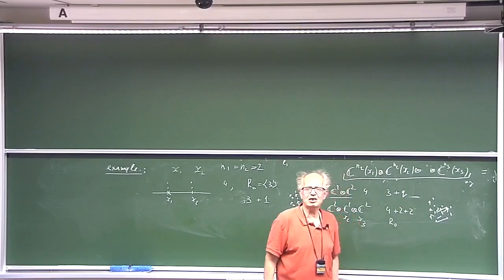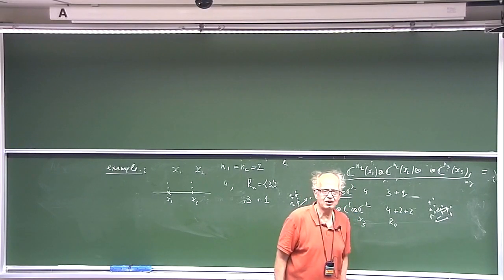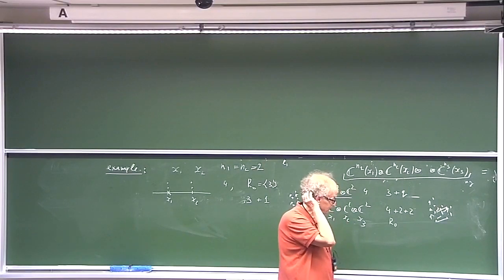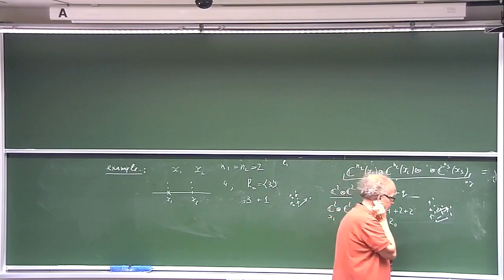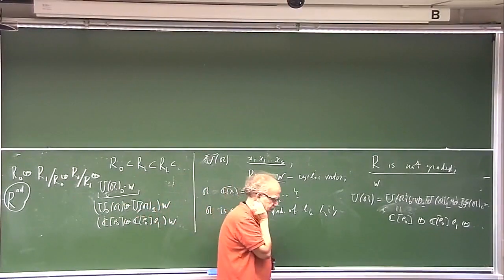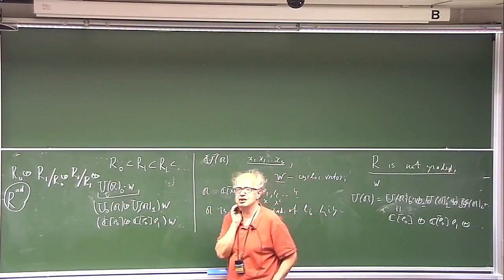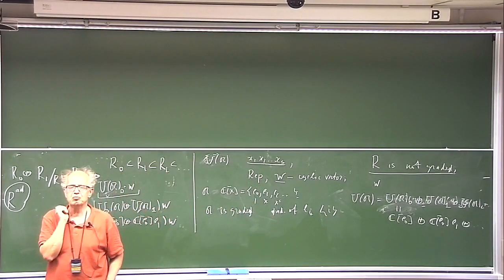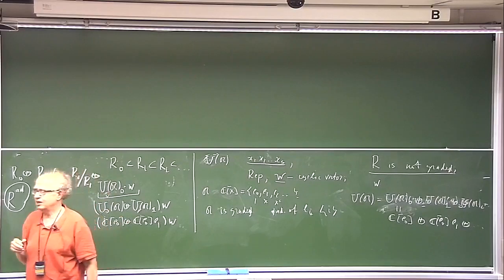No more, only E0, E1, and E2 are acting here and give us such a graded space. The name of this construction in this case is graded fusion product. And then